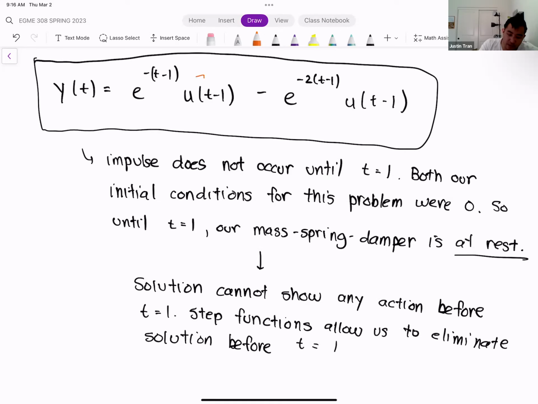So that's why we have these. Whenever you apply t shifting, don't forget the step functions as part of the result too. Whenever you apply your t shift, not only do you replace the t with t minus a, but then you also have to multiply by the step function u of t minus a as well. So don't forget that. And remember, the main reason why we do that is because of the reason that I've laid out here. Any questions on this example here?